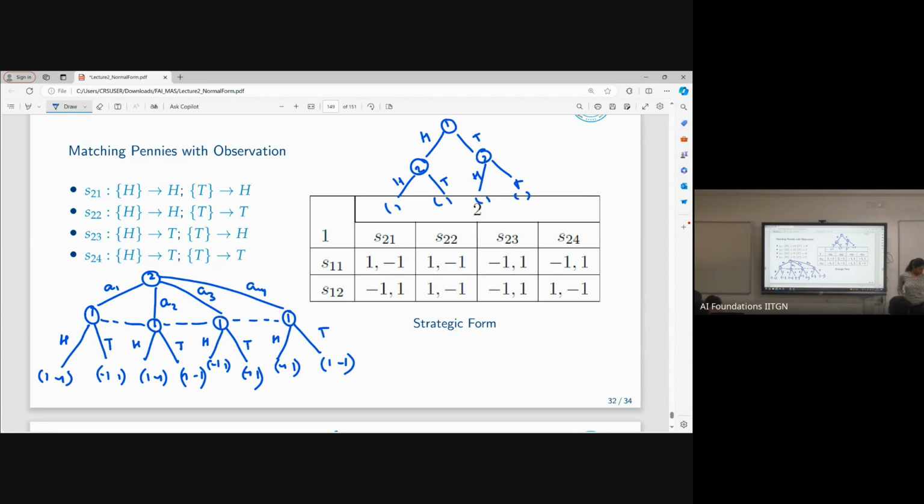So how many players are there? There are 2 players. Actions for player 1 is 2, H and T. Actions for player 2 is 4, A1, A2, A3, and A4. What about the strategies? What about the information set? The information set for player 2 is a hexagon, epsilon only. And the information set for player 1 is A1, A2, A3, A4 in a single set. Right.